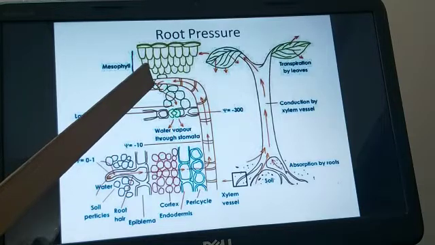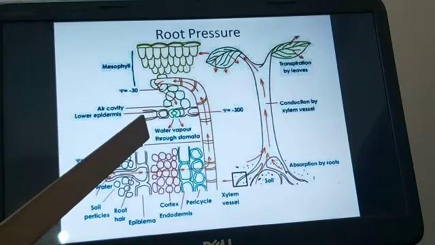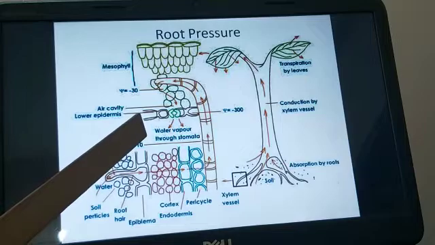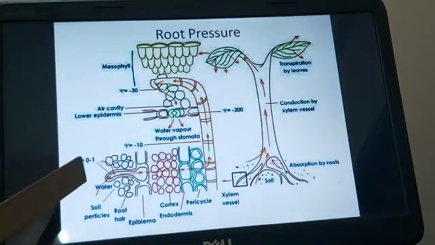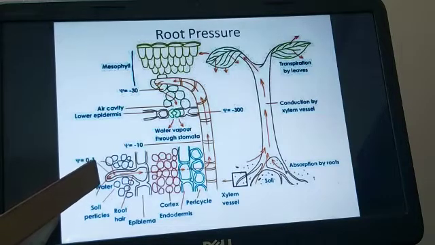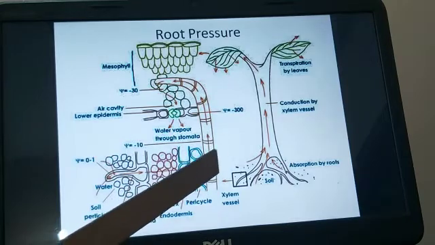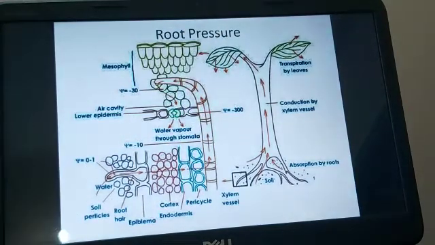So once the water reaches the leaf, now you have studied about the transpiration in your lower classes. So the water is lost in the form of water vapor through stomata, and this phenomenon is called the transpiration. Along with the transpiration, the guttation also takes place. We will just see in some time what is the meaning of guttation. So in this diagram, what you are seeing is how the root pressure that is created inside the root cells is helping the water to move from one cell to other cell till it reaches the xylem vessels, and from xylem vessels till it reaches the leaf of the plant.